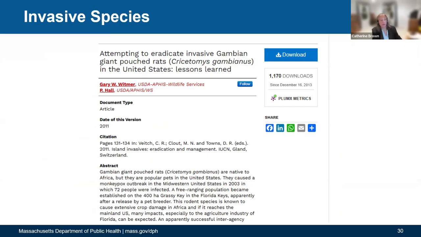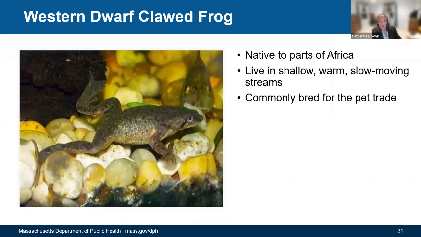And just to put kind of a weird end to this story, apparently some breeder had imported these giant pouched rats and then ended up releasing some into the Florida Keys. And there is now a free range population there that is actually fairly destructive. And there's a fair amount of time and energy spent trying to prevent them from making it to the Florida mainland. All kinds of reasons that you should be careful about importing animals from other countries.